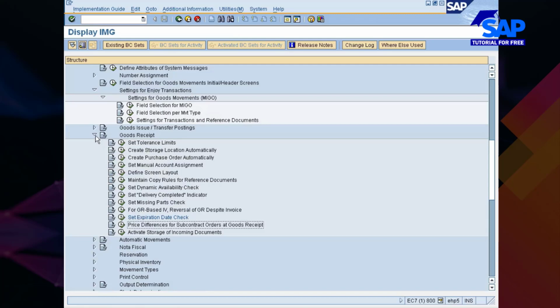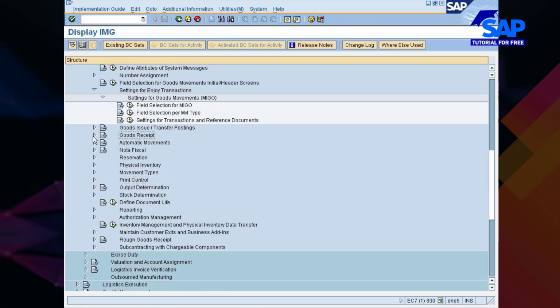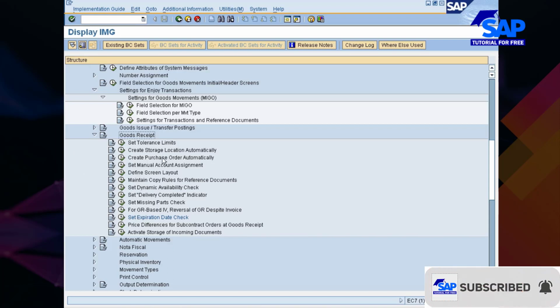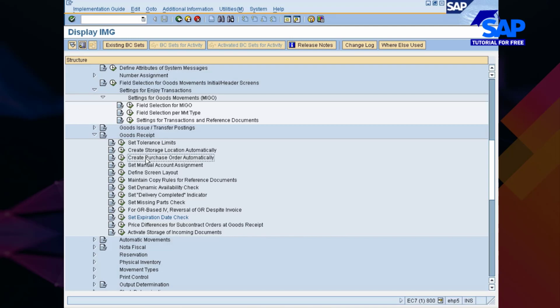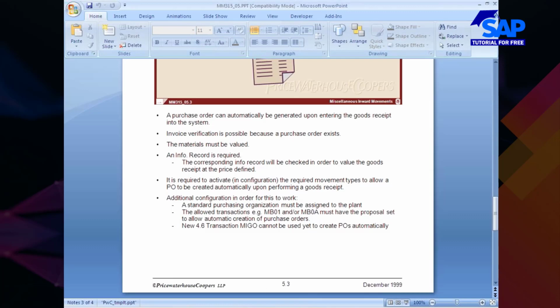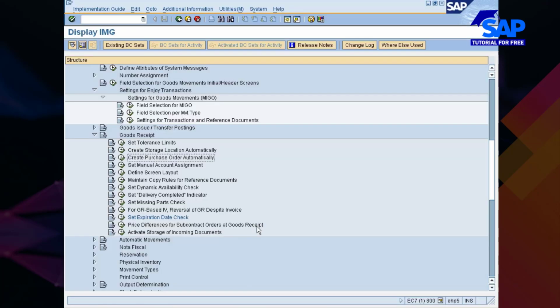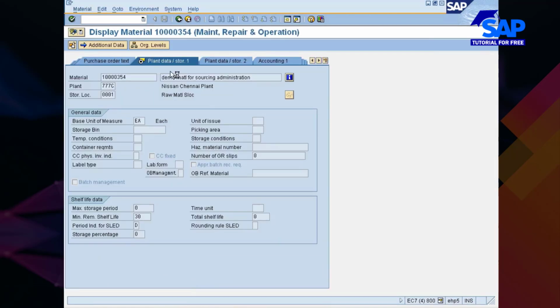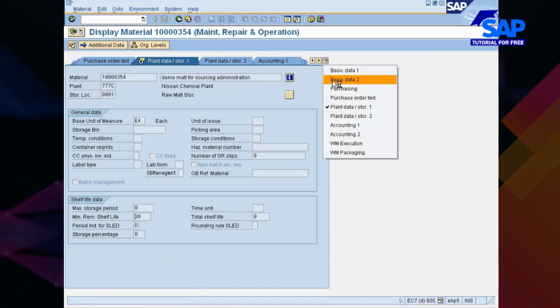Then there's one more thing, which is creation of a PO automatically upon goods receipt. That's one thing that we will see. And also there's one more thing called GR/GI slip. With that we will conclude the goods receipt. Okay, you see here, create purchase order automatically. You have made the setting, and I also told you that there are a few more settings that you need to look at. One, the material master should contain the auto PO indicator. Let me just go back to the material and maintain that in case it is not there.